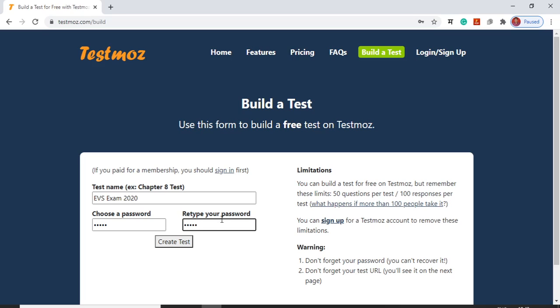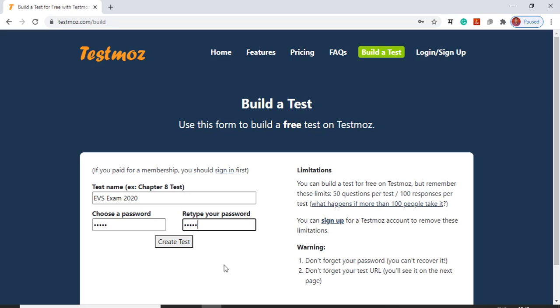Kindly note, in TestMoz there is no option to recover a forgotten password. So the password is very important in TestMoz. If you forget this password, you can't access this test and result again at any cost. So we have to note down or remember this password. So make sure that you have noted down and remember this password.